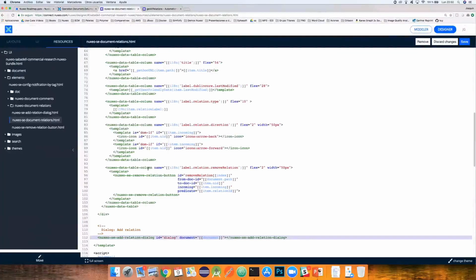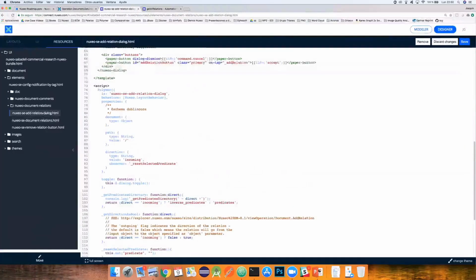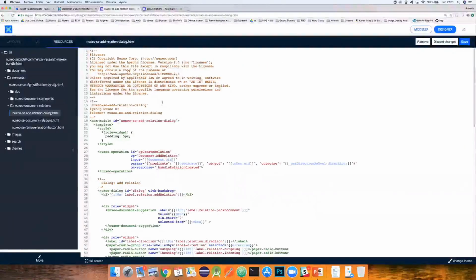Okay, so the next thing that we are going to show is the Nuxeo add relation dialog. The structure is quite similar to the other web element. We are going to put first of all a Nuxeo operation web element just to call the relation document add relation. And we can put as input the document ID, and the params are the predicate and the target document,